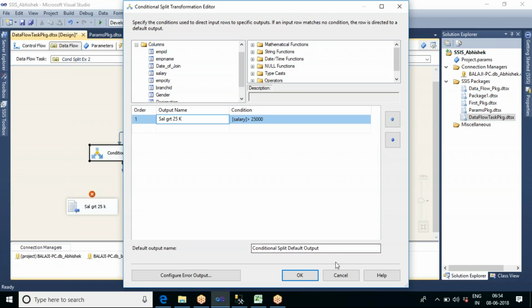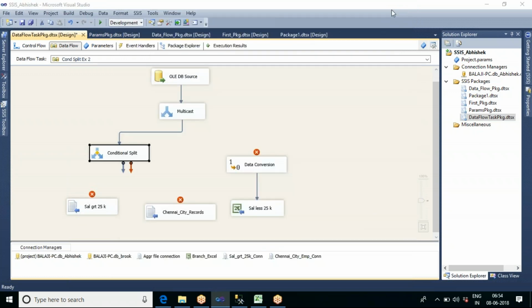The remaining salaries I can send into salary less 25k, like this.